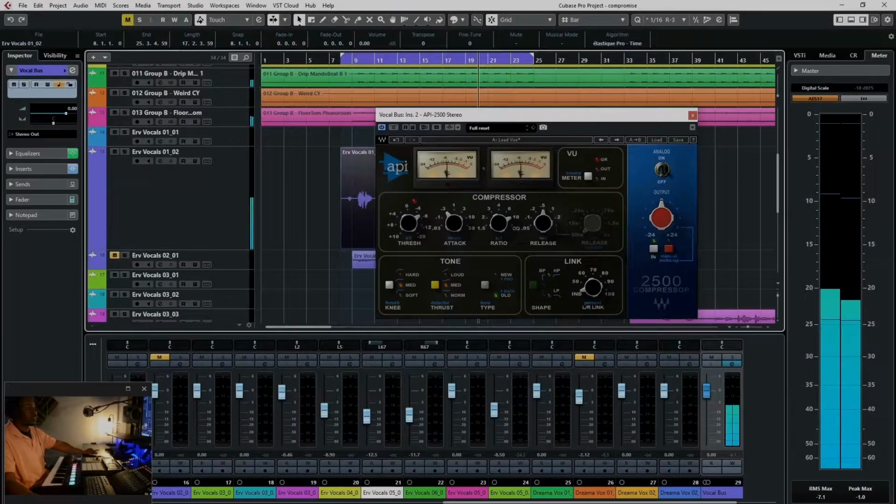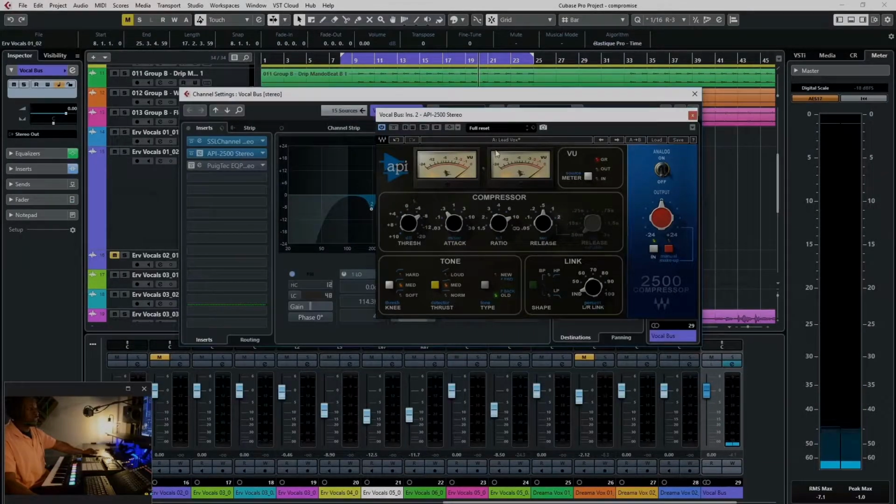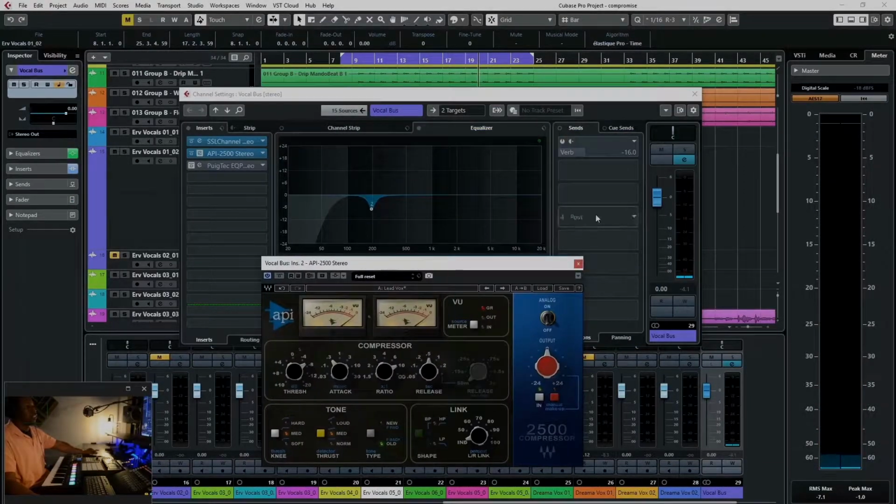Tell me, can you? And as you can still see, even after I'm applying these effects, my meter isn't going well above 12. So